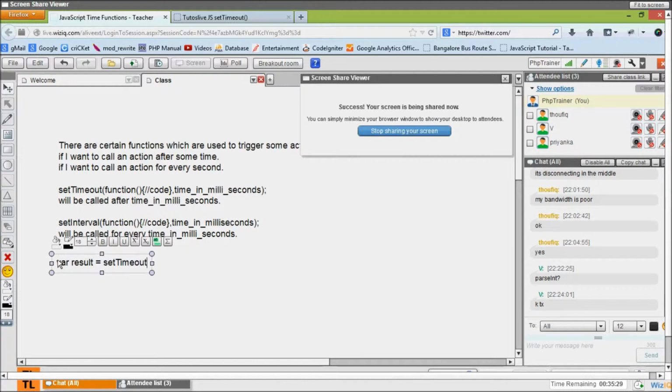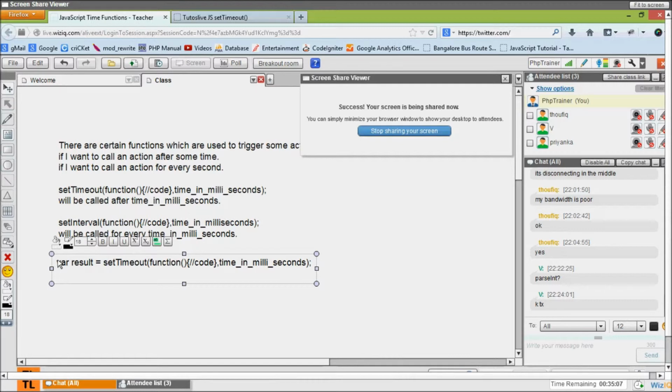Set timeout, whatever the code over there. I'm not writing it again. Set timeout some function. Let me write just to avoid confusion. So code and here time in milliseconds. Right? So it always returns this.